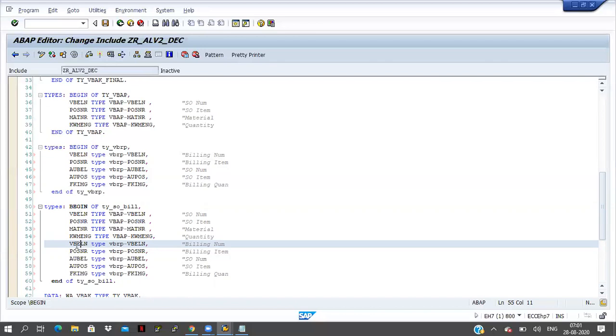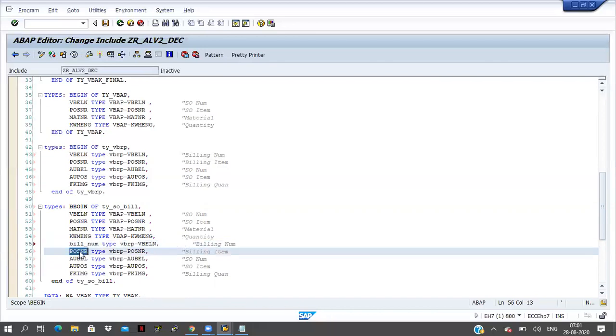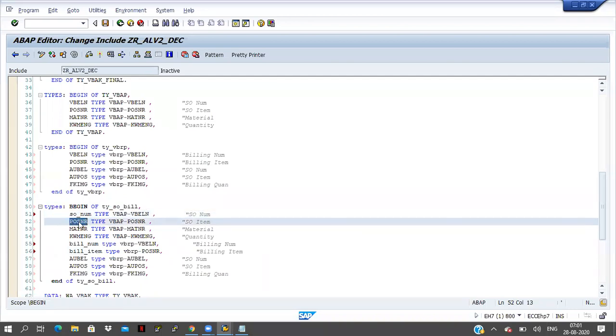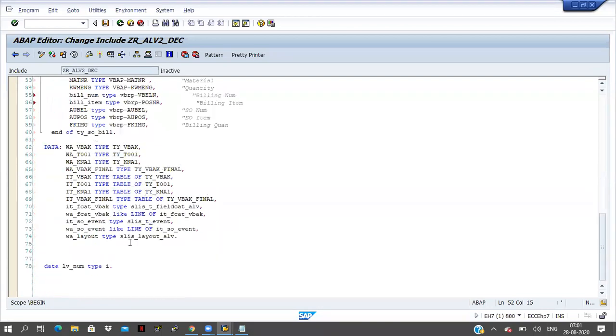So in place of VBELN, I will take bill number, and this is the bill item, and here SO number, and this is the SO item. So this is the final one. I am not changing the ITVBAP and ITVBRP, I am changing the field names in the final structure here.